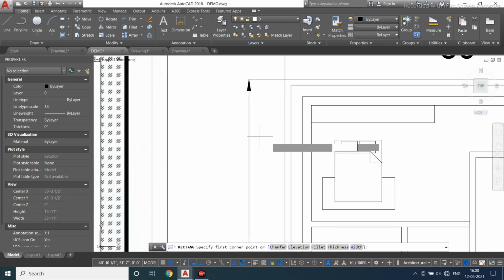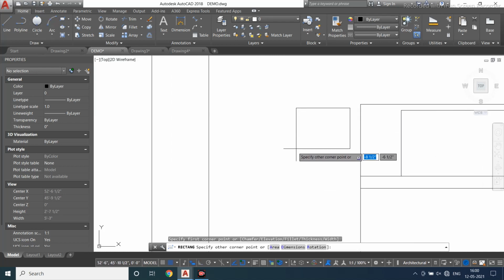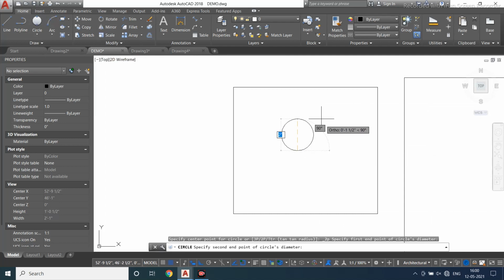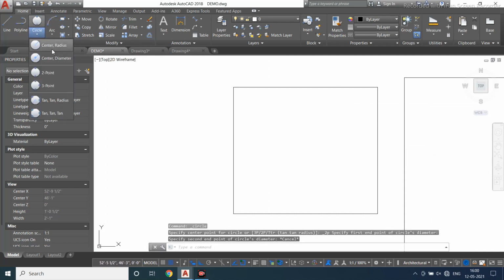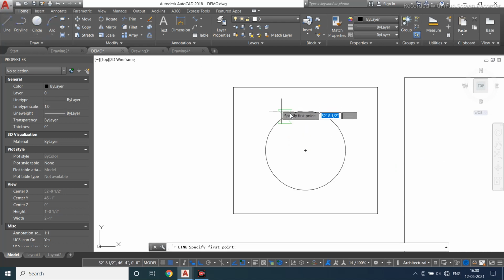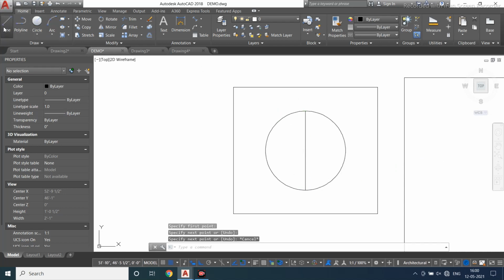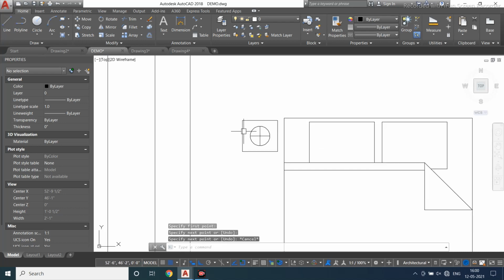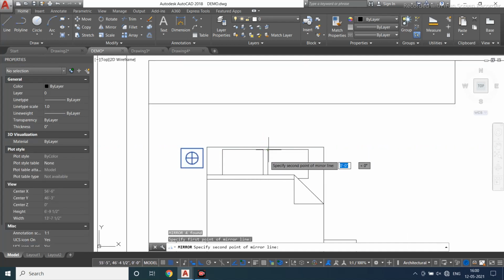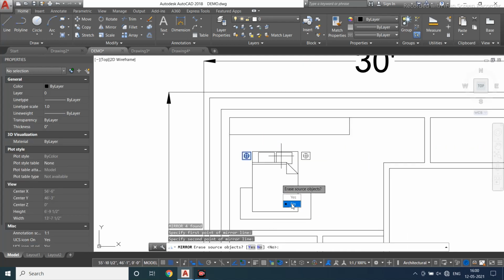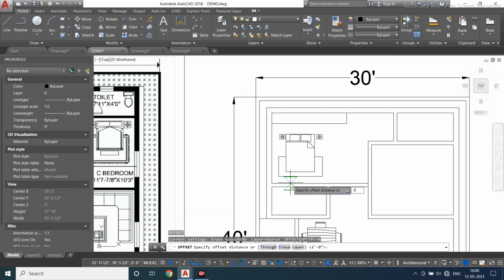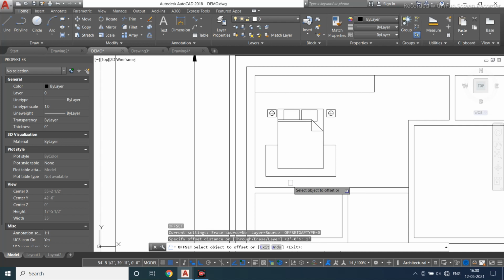If you want to show the side lamps, you can prepare them yourself using the tools, right? So I'll be using the radius. Use the align command. Just represent it. MI is the shortcut key for mirror, and mirror it. Do you want to delete your source object? No need. Now offset this one 1 feet. Enter.